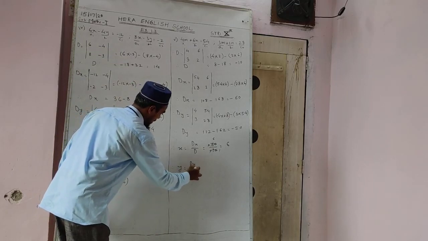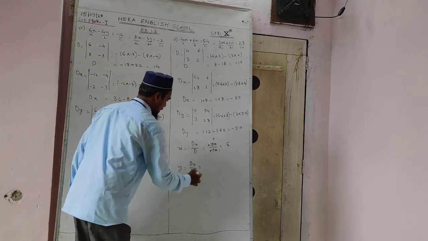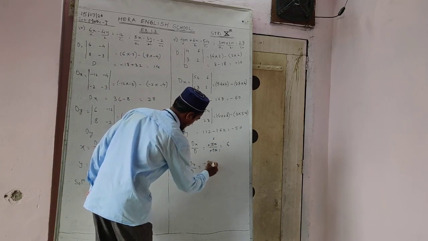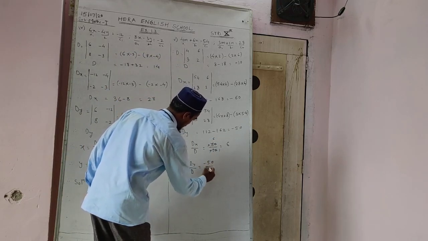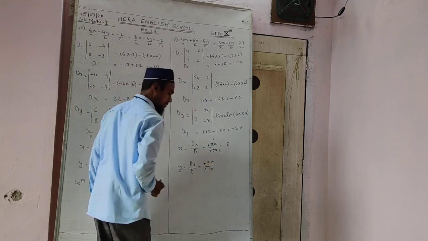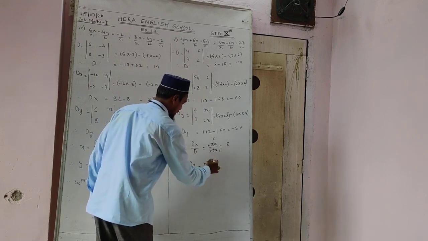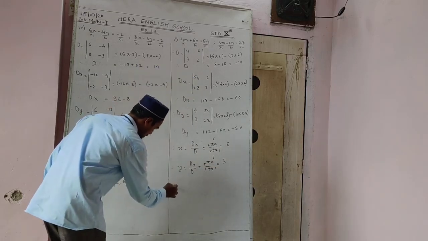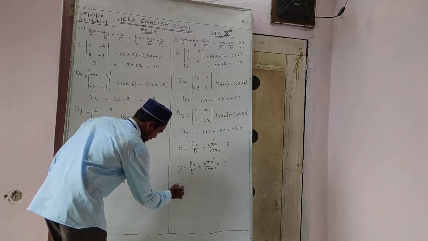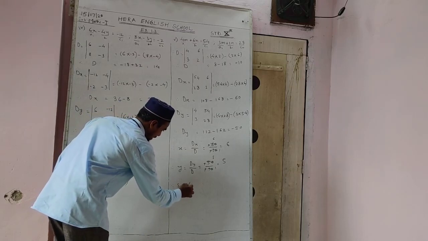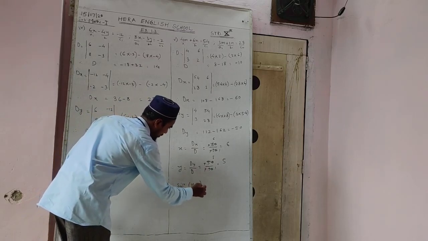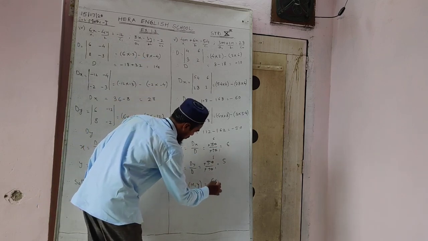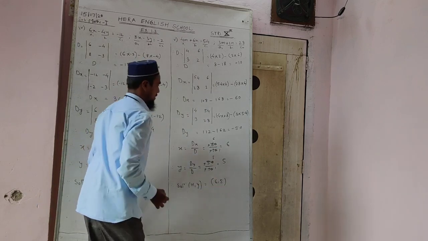Now continue with y. The y is dy upon d. What we have for dy is minus 50, and d we have minus 10. Cancel the sign first, minus minus. 10 ones are 10, 10 5s are 50. We got the value of y. Here we have the solution: x we got 6 and y we got 5. 6 comma 5 is your answer.